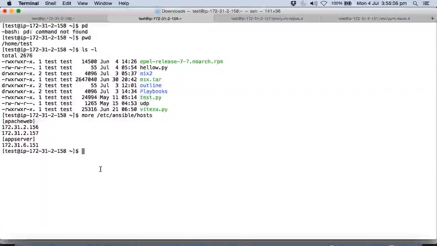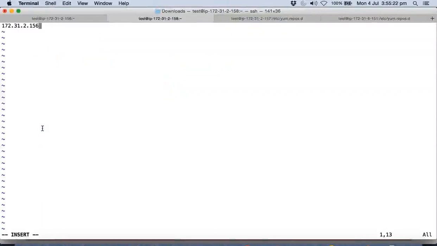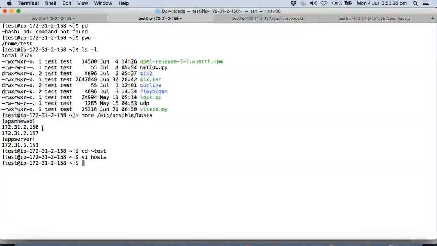So what I'm going to do is I'm going to create my own host file. So vi hosts. I'm going to put the 156 machine into my host file. I can group it or I can directly put it as an IP. And if I want to check the host file, ansible, the IP, -i hosts